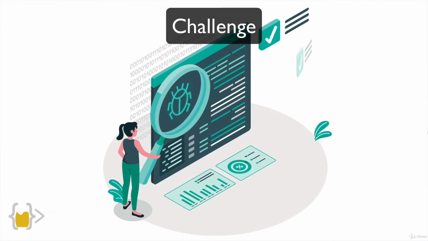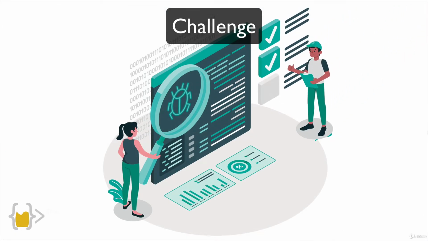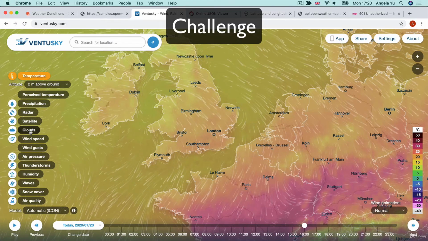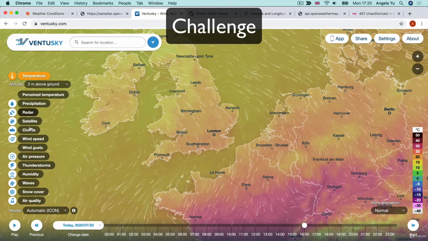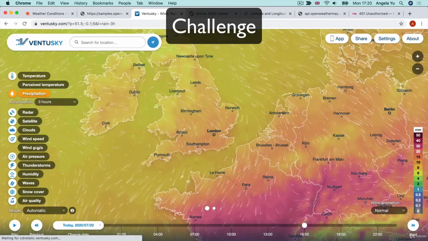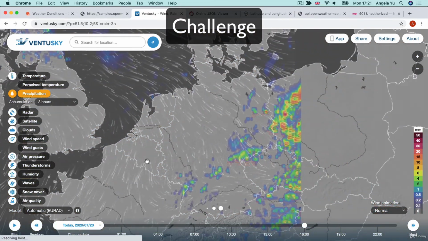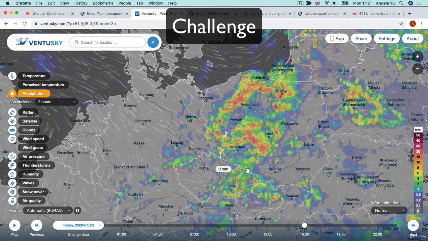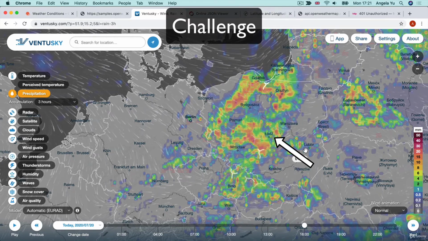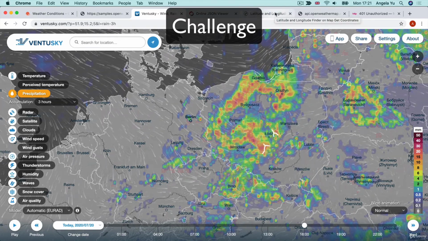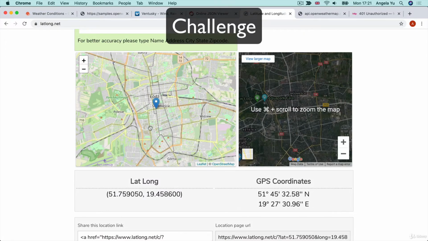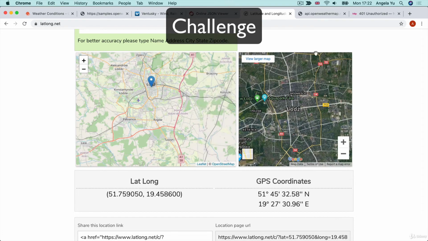If you want to make sure that your code is actually working, you can switch to a latitude and longitude that is definitely raining. So if you go to venturesky.com, they actually show you the live weather forecast. So we can look at precipitation, which is basically rain, and we can find some sort of unfortunate place which seems to be really heavily raining. For example, this place in Poland, Łódź, if I spell that name correctly, and then I'll add the country code, Poland. And just to make sure in the map it's actually found the correct place, yeah, that looks pretty much it,